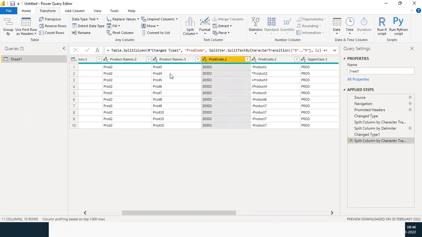When I click on digit to non-digit, it was split correctly. There is a split because the digit ended there. Where a character came, it split very correctly, digit by non-digit. But the thing is,